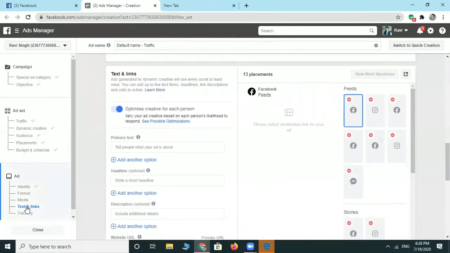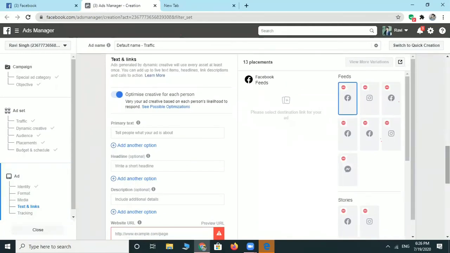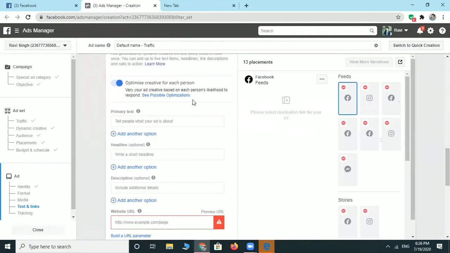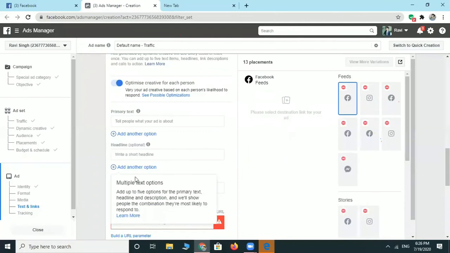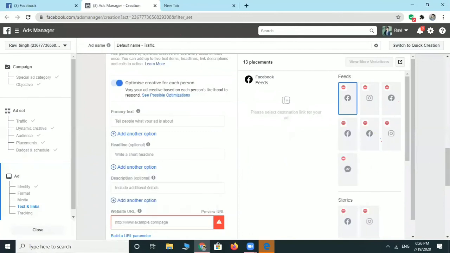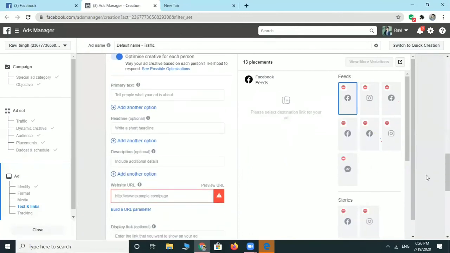The next step you can see on the left side is text and link. When you look at the text and link, there is an option like primary text, headline. You can also add your website.